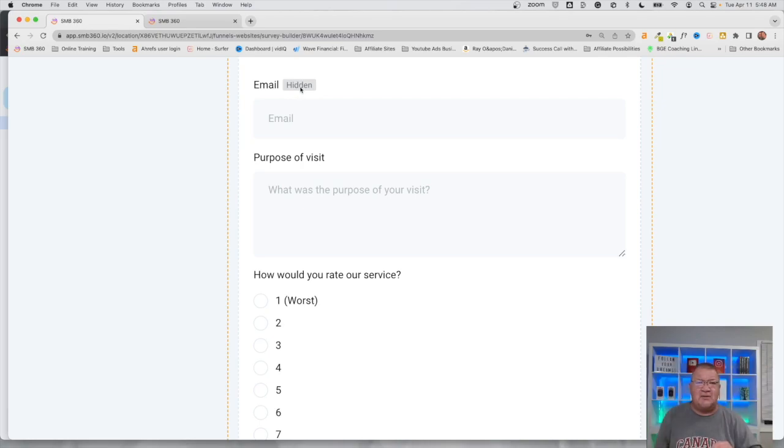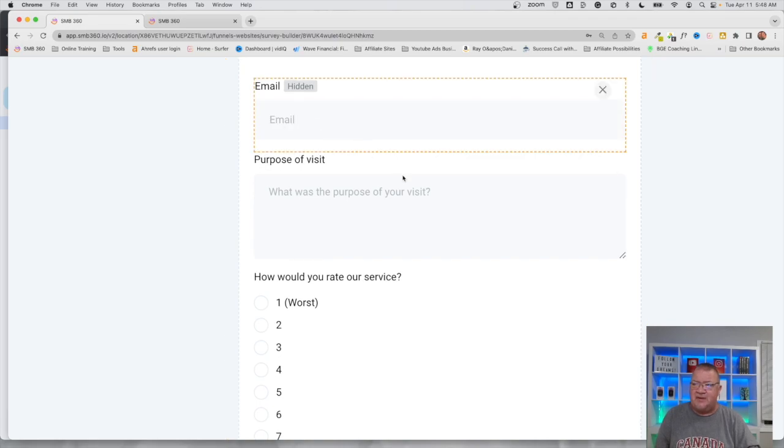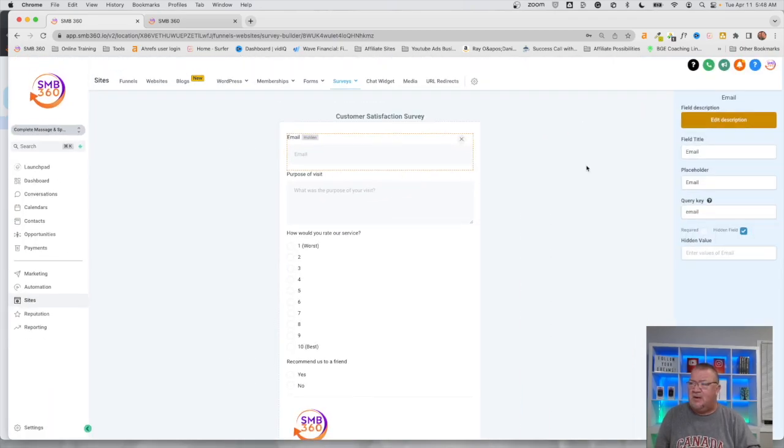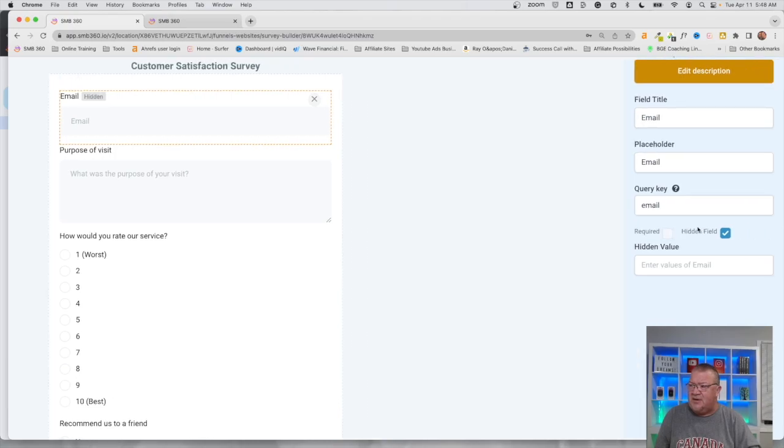And I'm going to do that using something called a query string. If I click on this particular field, I'm going to expand this back out. Over here on the right-hand side, we're going to make this a hidden field. Notice that I don't make it required, because it can't be required and hidden at the same time. Again, it shows up as hidden right here, and then the people don't see it, and I'll show you what that looks like. The query key, this right here,